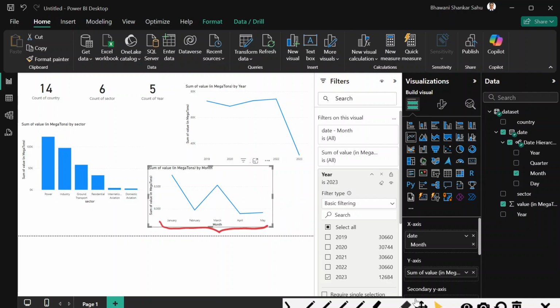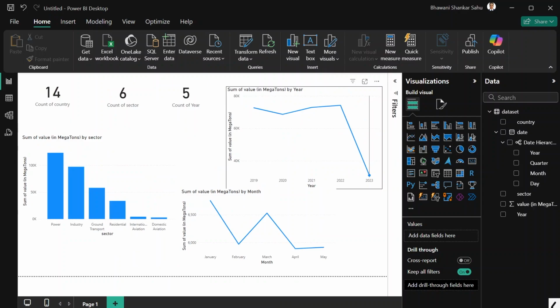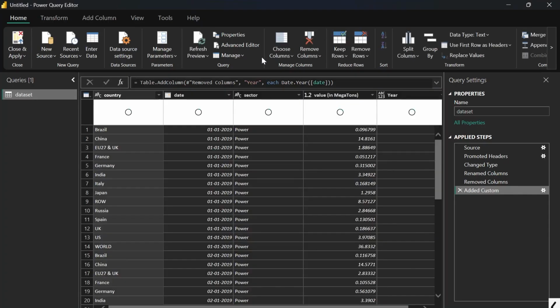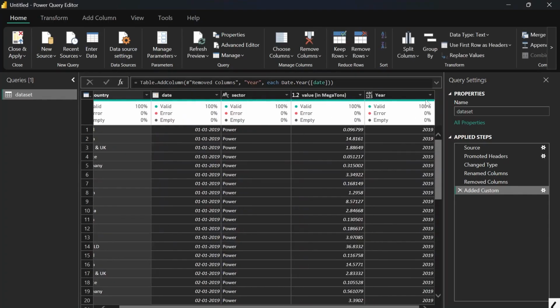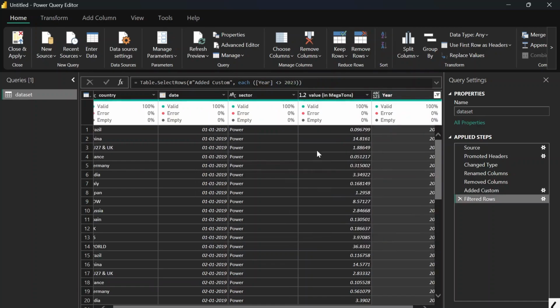So it's better if we don't use this data. Why? Because otherwise it will disturb our analysis and give a wrong insight. So for the analysis, we can directly remove this year, meaning we don't want to select it. To do that, you can go to transform data and see what years are there in the year column. Let's load everything, but I don't want to select 2023. So I'm filtering the data, meaning in my dataset 2023 will not be available anymore. So if I close and apply again,